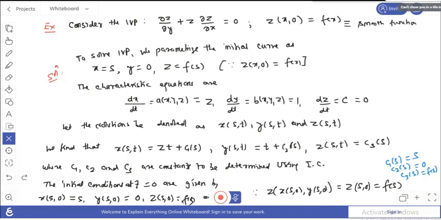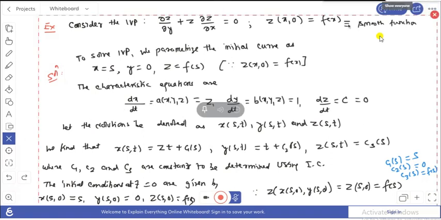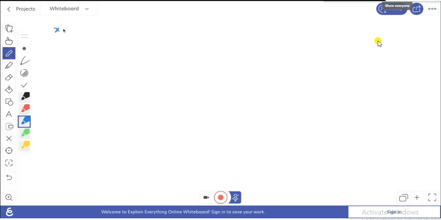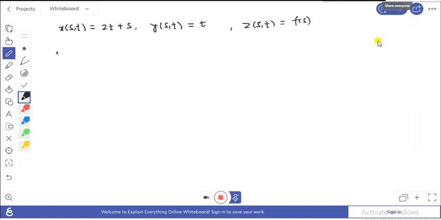ठीक है, तो नेक्स्ट पेज में हम कर सकते हैं कि ओके, तो फाइनली हमारा c1, c2, c3 आपने निकाल लिया। तो देयरफॉर आवर x की वैल्यू जो होगी वो हमारा z t प्लस c1 की वैल्यू आपने s लिख लिया, y जो है वो हमारा t प्लस c2 था, तो c2 की वैल्यू 0 है, और z जो है इसकी वैल्यू हमारी f s आ रही है। ओके, सो द सॉल्यूशन बेसिकली दिस सॉल्यूशन आर गिवन बाय, ओके,